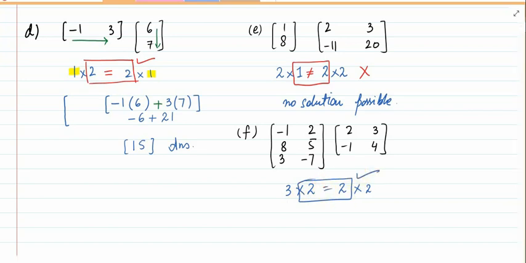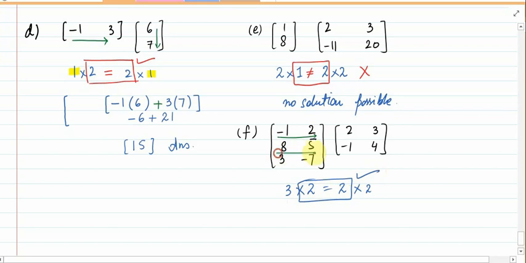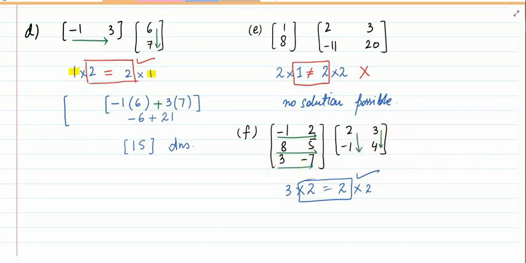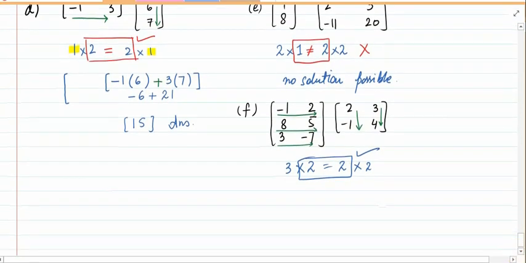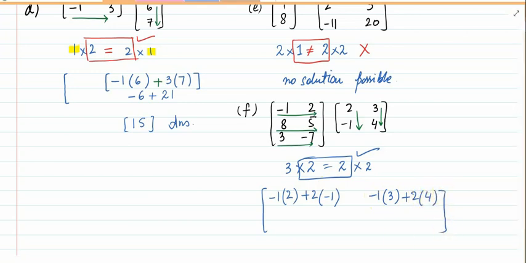Now, arrow time. Apply arrow, the first one always horizontal, next one always vertical. Start multiplication. 1 is on the tail side, minus 1. So minus 1 times 2 plus 2 times minus 1, right? The second arrow, minus 1 times 3 plus 2 times 4, right? Can you solve it further? Can you do it by yourself? If yes, then go ahead. Stop the video and write the other multiplications.